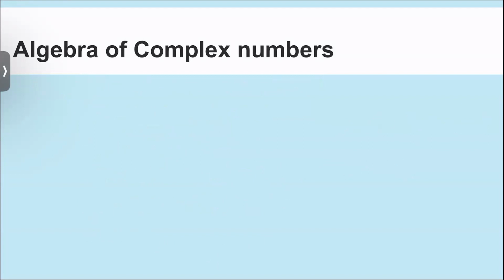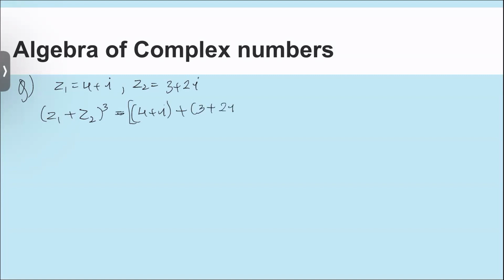Okay, let's take examples, and we'll see, using both the identities, what we can get. Okay, so question: suppose you are given Z1 equals 4 plus i, and Z2 equals 3 plus 2i. Suppose you have to solve for (Z1 plus Z2) cube. Okay, so if you substitute the given values, we have (4 plus i plus 3 plus 2i) the whole cube. Okay, so now since we already know the identity,